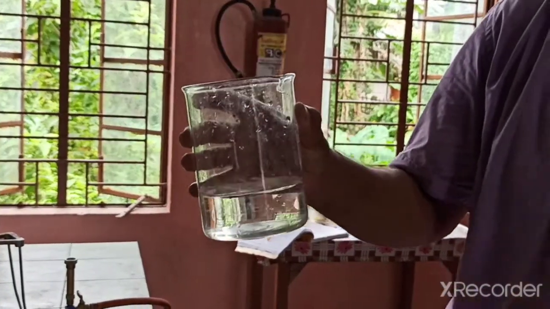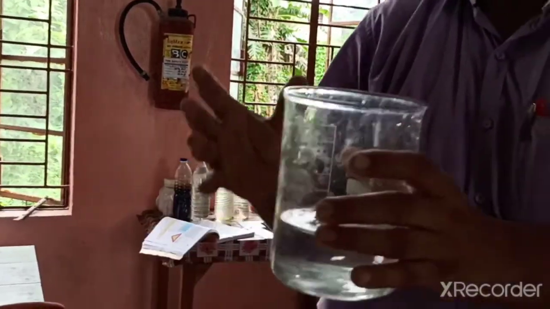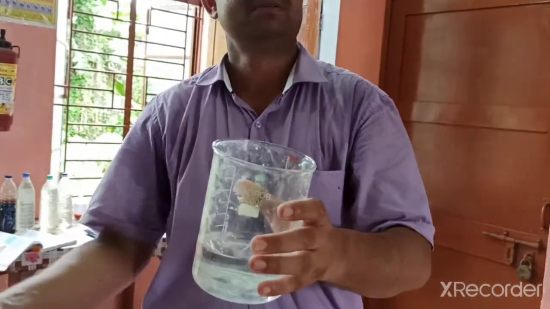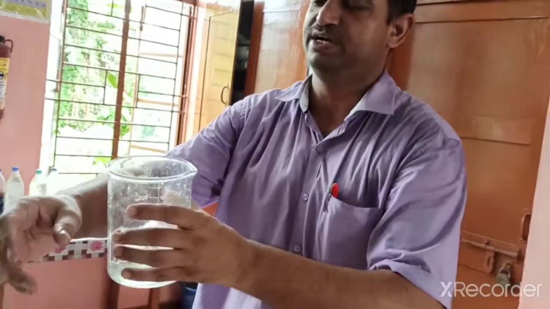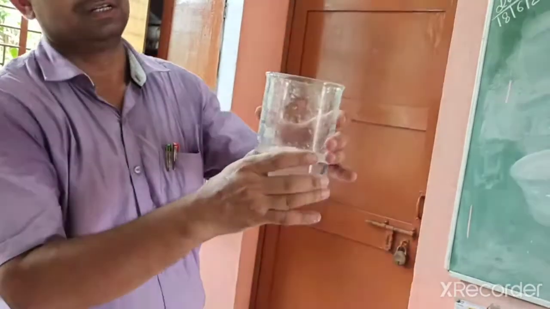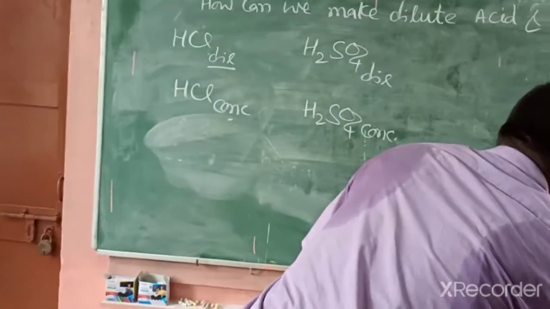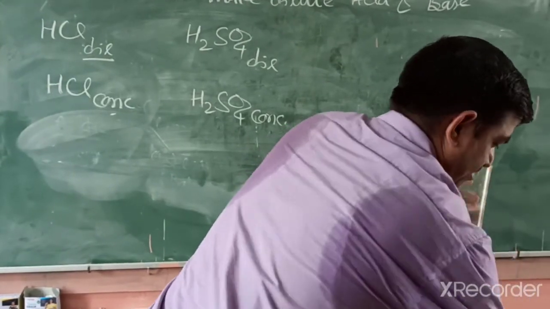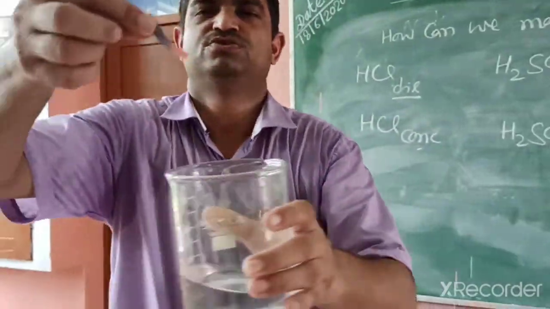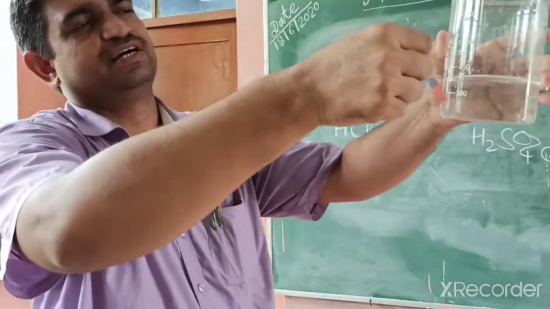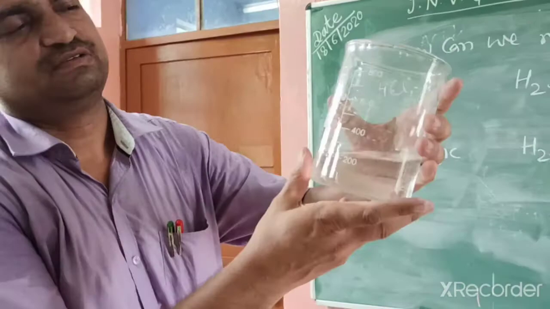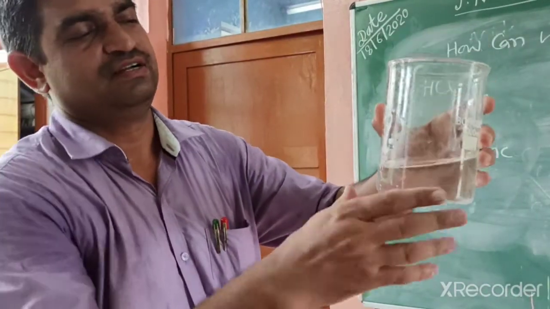We have to be very careful about making dilution. If you add water to acid, the acid splashes out and burns our hands. But diluting in this way gives dilute acid. If you confirm with litmus paper by dipping it, you can easily confirm that this is dilute sulfuric acid, but take great care to handle this acid, because it is corrosive.